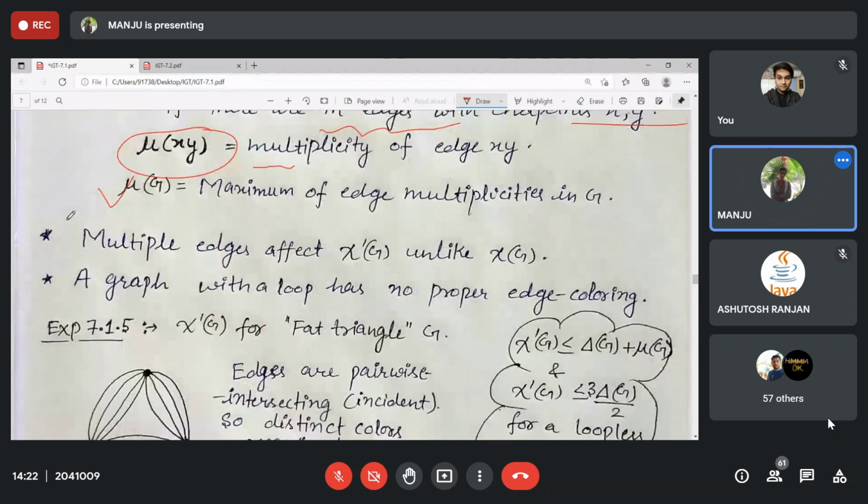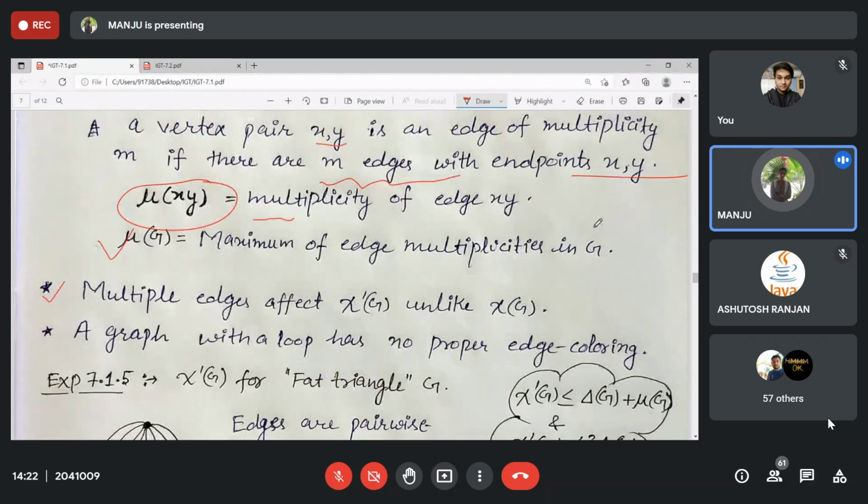Then you have multiple edges. Obviously, whenever you have multiple edges, this will affect the edge coloring, right? If you have a single edge, you need one color. If you have a double or triple edge, you need different colors, because they share common vertices, right? And in a multigraph, for vertex coloring, you need exactly the same number of colors as